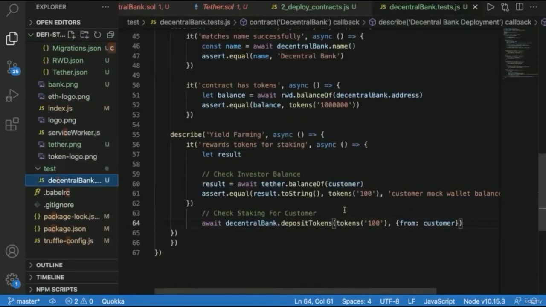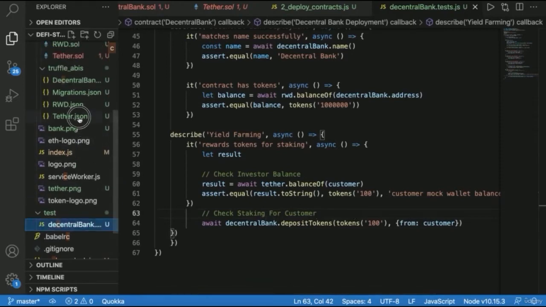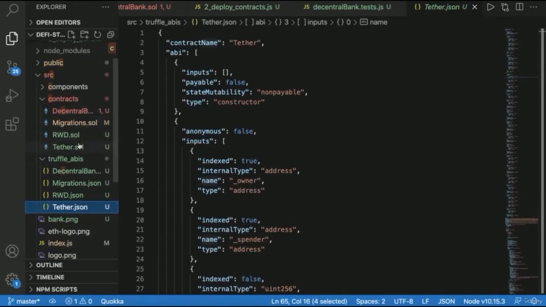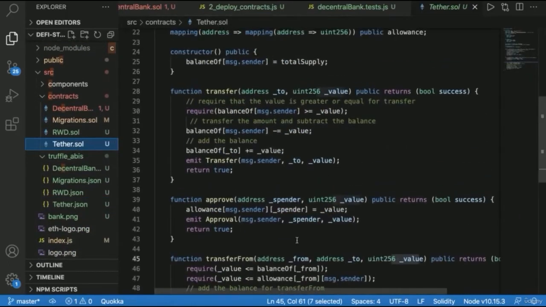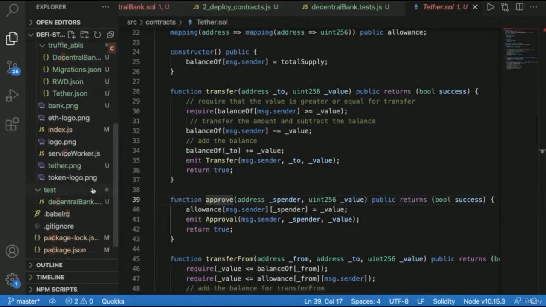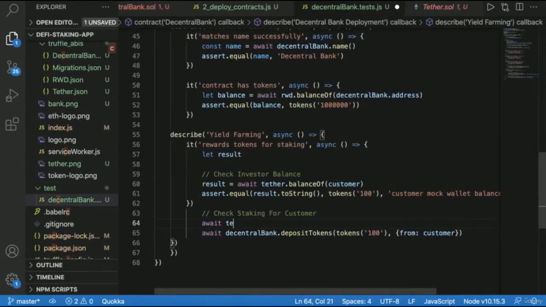So what we're going to need is the approval. And in order to get the approval to pass from the message sender, all we have to do is run a simulation of the approve function, which we wrote, if you remember, in our tether function when we wrote the approve. So this can allow for an emission of approval from the message sender, the spender, and the amount. And we do that here by writing await tether.approve. We want to approve the same amount, tokens, 100 from investor,